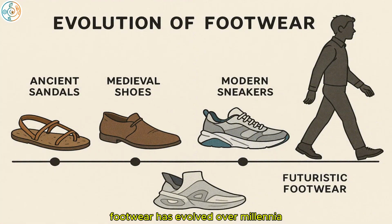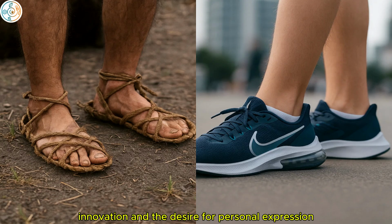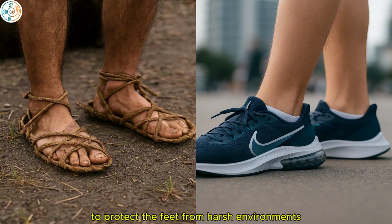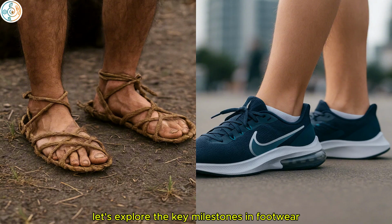Footwear has evolved over millennia, driven by necessity, innovation, and the desire for personal expression. What started as a simple method to protect the feet from harsh environments soon morphed into something much more complex, a symbol of status, functionality, and cutting-edge technology. Let's explore the key milestones in footwear development, focusing on how each era marked a significant leap forward in design,